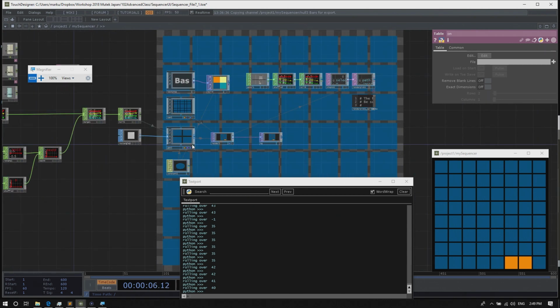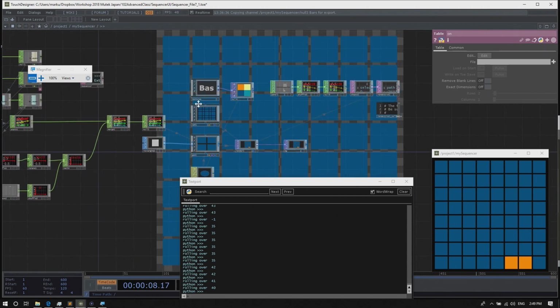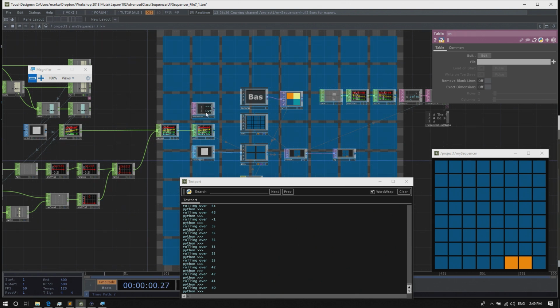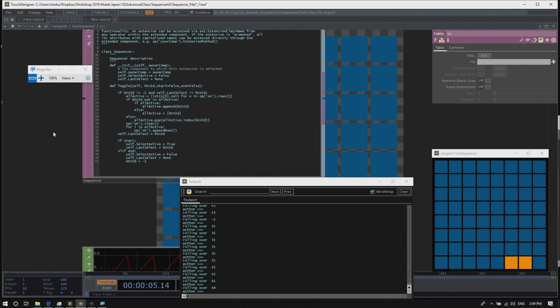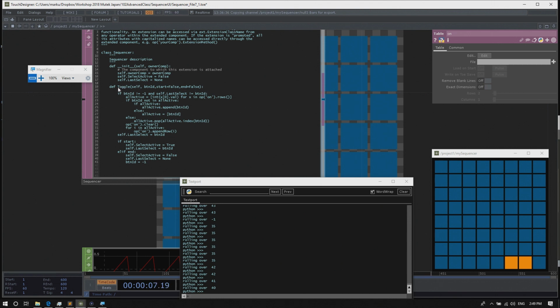And the next step is for us to call this function from our render pick DAT callback. So it's the function toggle, and it has a button ID, which will be our instance ID. It has a start flag and an end flag. So we just have to fill those out. Sorry, what does it mean self? Self is basically those descriptors. So self doesn't matter.